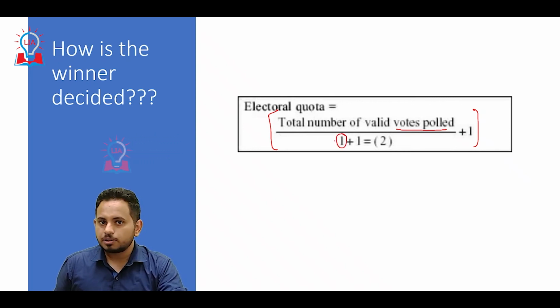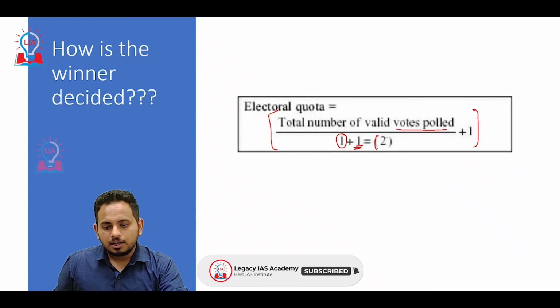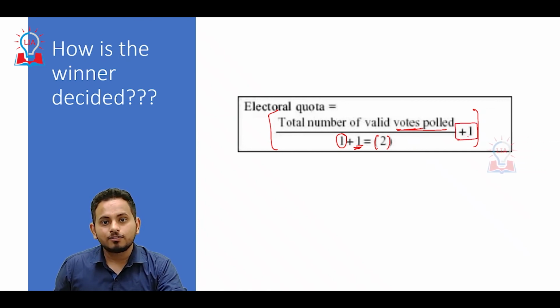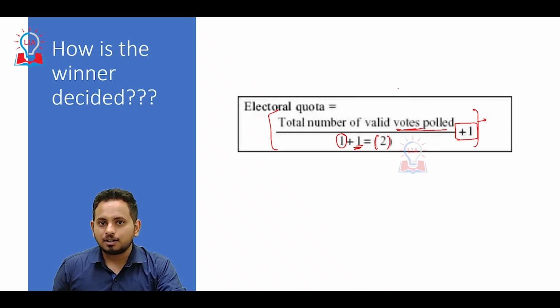We need just one president, plus 1. This plus 1 will be 2, which means the total number of valid votes polled divided by 2, plus 1, will give the total amount of votes that has to be acquired by a particular candidate in order to get elected